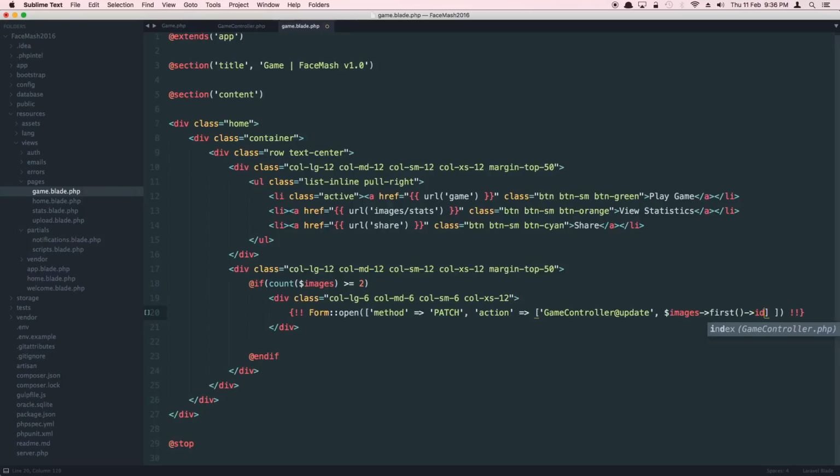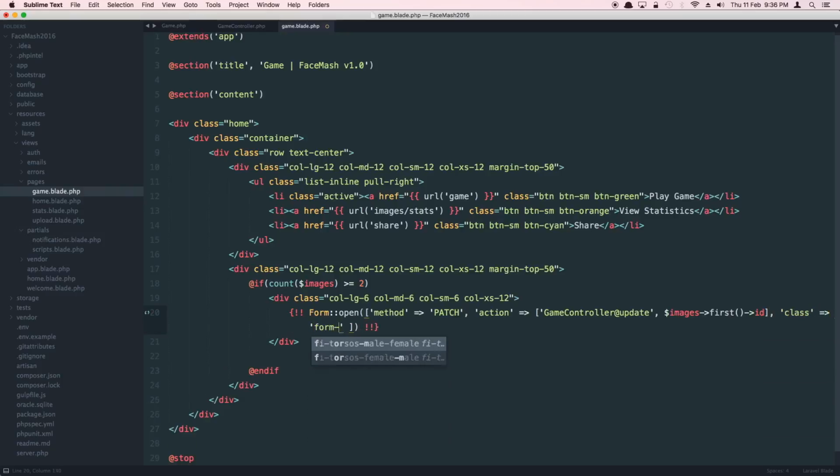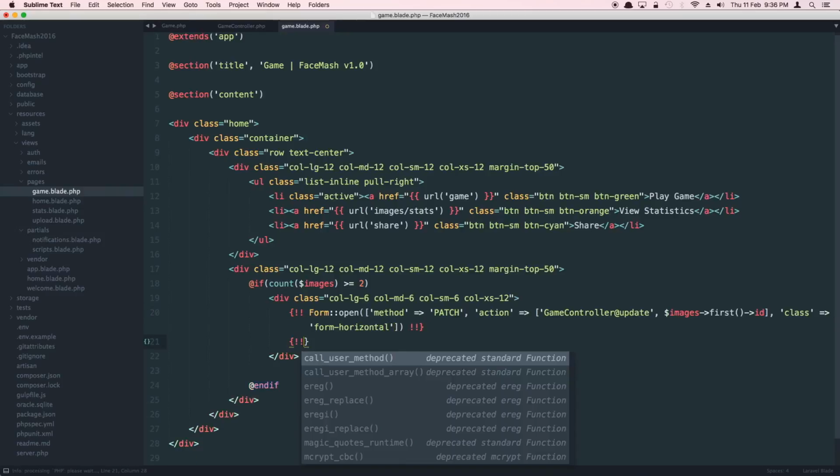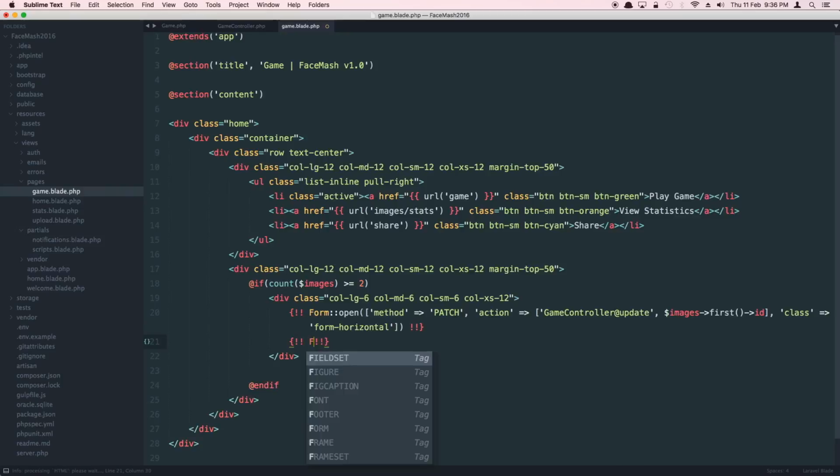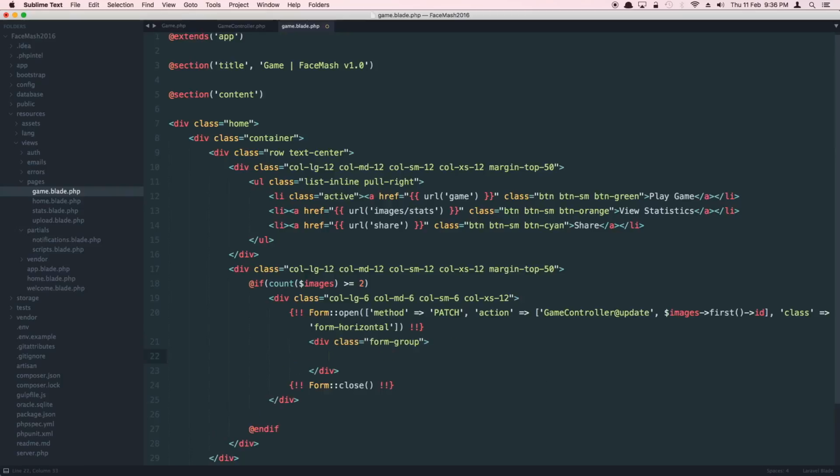Then I'm going to say here ID. That's what we're passing in, and then here I'm going to need some Bootstrap classes, which is again the same thing, form-horizontal. That's how you spell it. Sounds good. So that's our form opening tag, and let's do the close as well. And here we're going to create a div with the class of form-group,